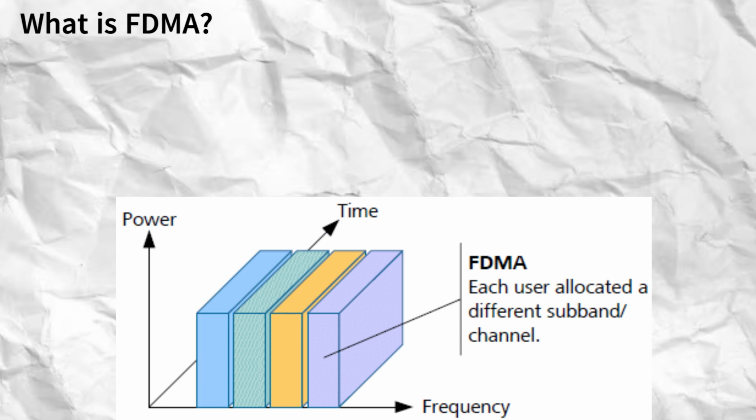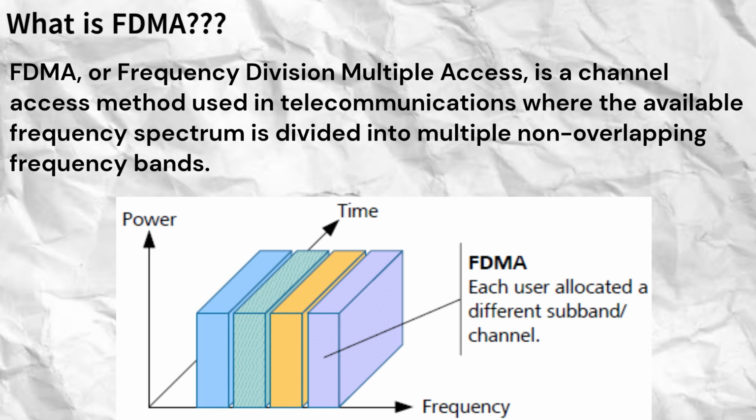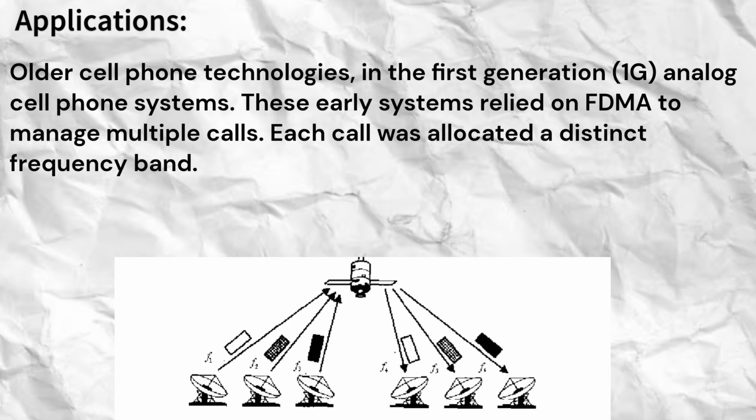What is FDMA? FDMA stands for Frequency Division Multiple Access. It's a method used to allocate a unique frequency band to each communication channel. In other words, each user is assigned a specific frequency to communicate over, allowing multiple conversations to happen simultaneously without interference. One of the common applications of FDMA is in older cell phone technologies, specifically in the first generation, 1G